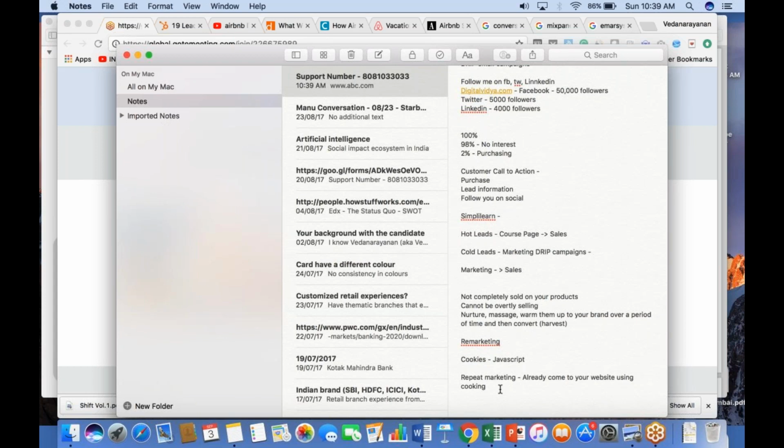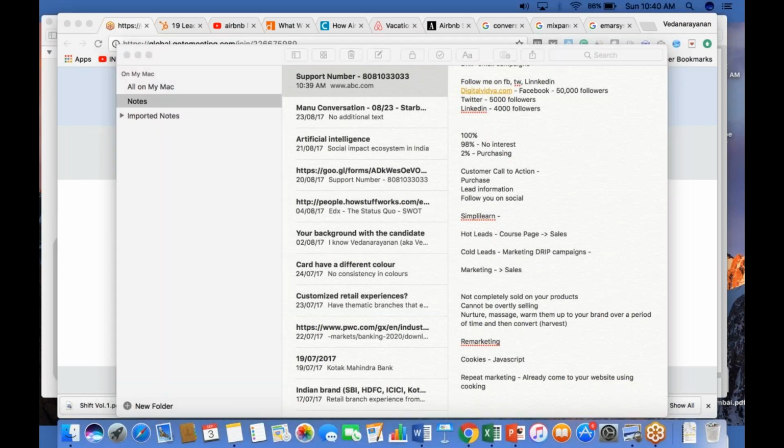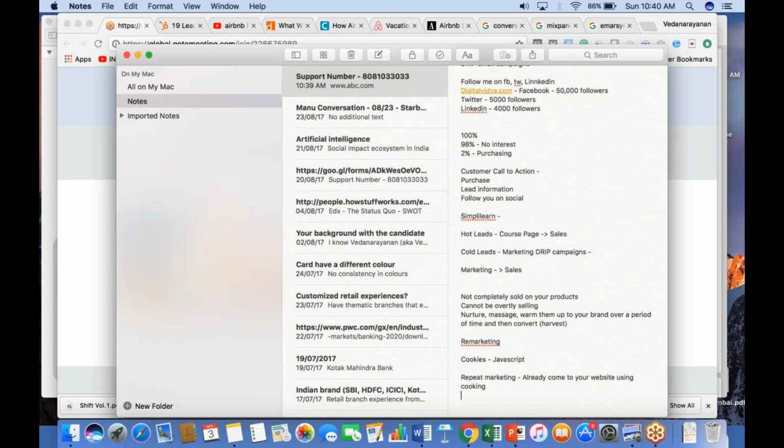There is no remarketing done to them. You would stop seeing Flipkart ads for that particular product at least. If you visited other products, you would see remarketing ads for those. But for the diaper which you've just bought, you would not see remarketing. If that's happening, that means somebody in the digital marketing team there has screwed up. But typically, that's how we do remarketing. Does that answer your question? Okay.